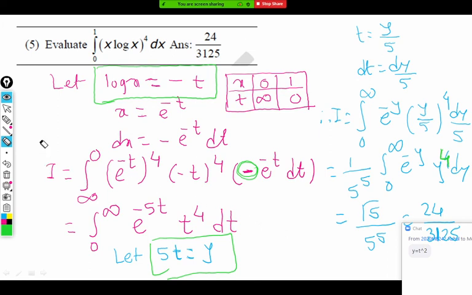Sir, how would we know that we have to substitute again? Because it is not in the main definition of gamma. What is the definition of gamma? E raised to minus x only, right? So we have still not achieved that. Once we get that form, only then we stop. First important thing: if the integral contains e raised to x, a raised to x, or log of 1 by x, something like that, exponential and log terms can be converted into the definition of gamma. That you should remember.